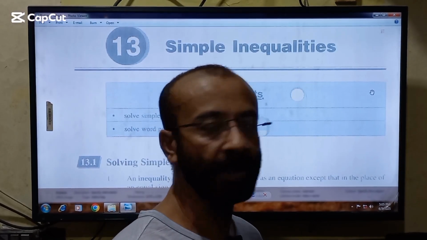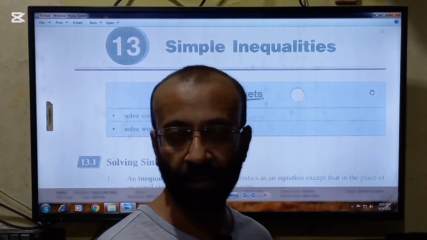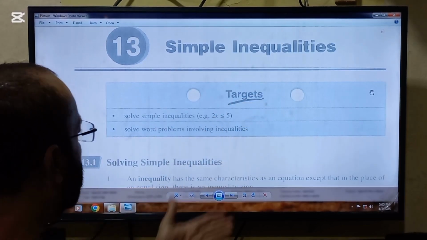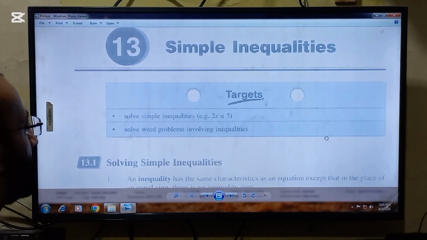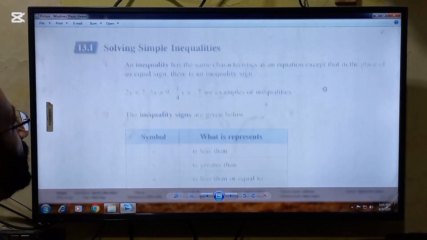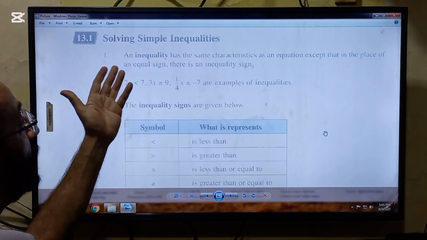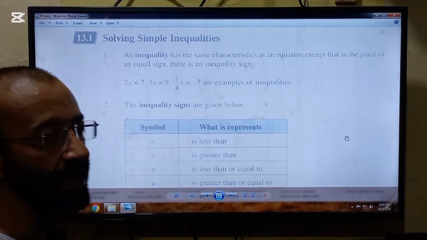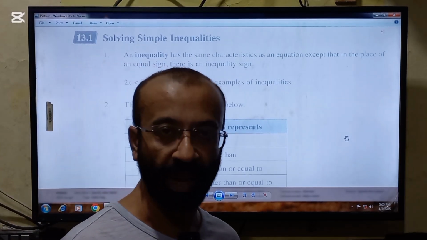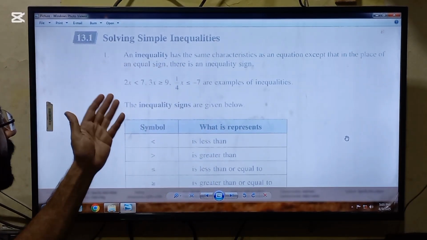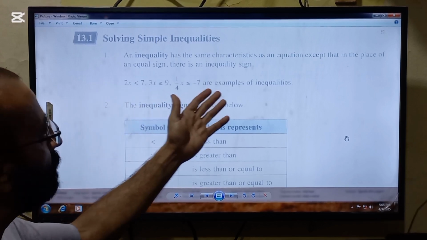Good morning, students. Today's topic which we are going to start in maths is simple inequalities. So we are going to start, concentrate yourself, and this is the first topic in simple inequalities, that is solving simple inequalities. So the points to remember and understand in this topic are: number one, an inequality has the same